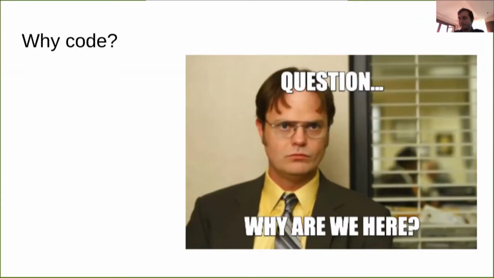But let's take a step back. Code review implies that there's some code to review, but why code? What are the reasons that we do code? So I think actually there are basically 4 reasons for changing code. An obvious reason is to add a feature, right? So we want to add a new provider. We want to interface with Kakao, for example. That's a new feature. Fixing a bug is an obvious one also. So we already have a feature, but it's not working quite as we expected. So we need to do some code to fix that.